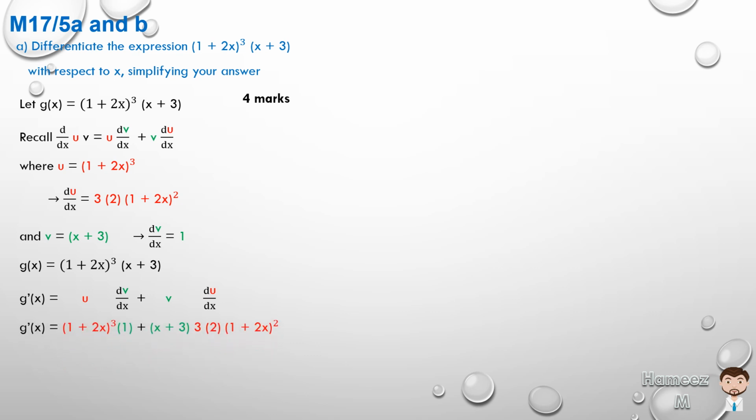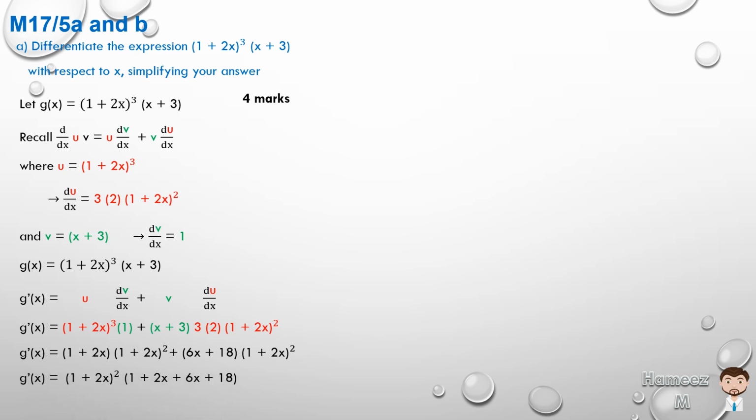1 plus x plus 3 by du dx, which is 3 by 2 by 1 plus 2x squared. And if we expand a little bit, we can have 1 plus 2x by 1 plus 2x squared as we break up the 1 plus 2x cubed, plus 6 times x plus 3 will give us 6x plus 18 by 1 plus 2x squared. So we can factorize out the quadratic, so it will give us 1 plus 2x squared